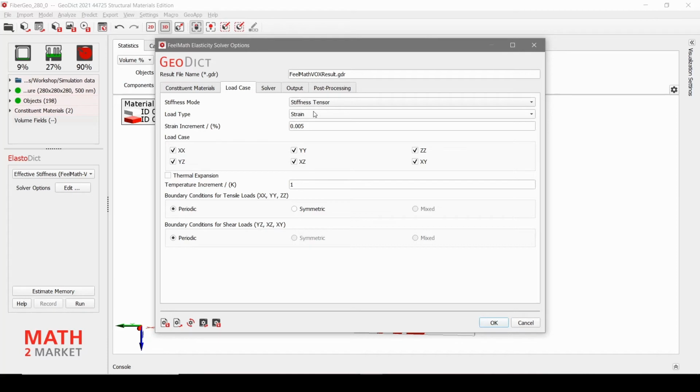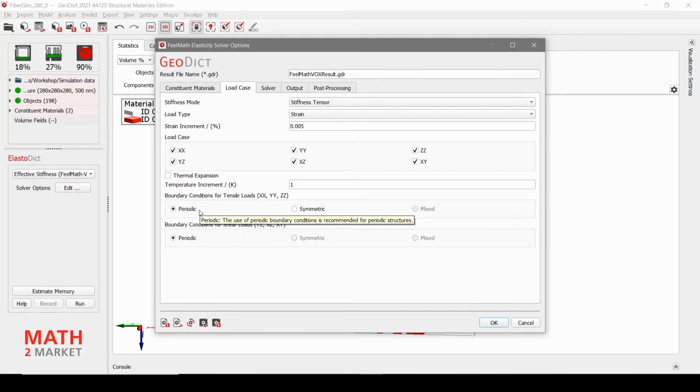As load type we take strain, and as strain increment we take 0.005%. That's a really low strain, but that's also what a tensile testing machine does to measure the Young's modulus. In a tensile testing machine, the Young's modulus is measured at very, very low strains, so that you definitely will not have any plasticity.